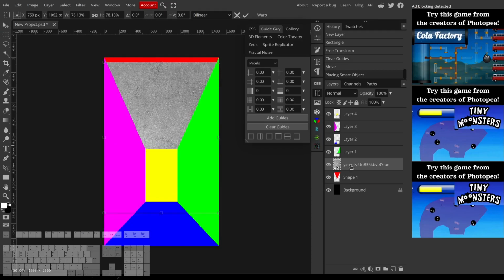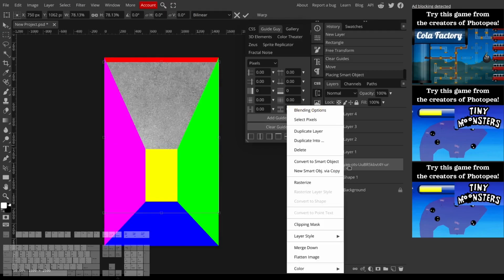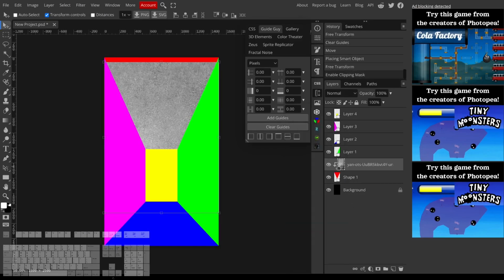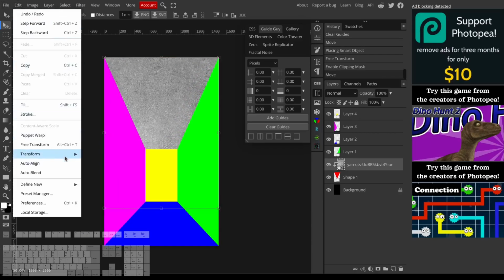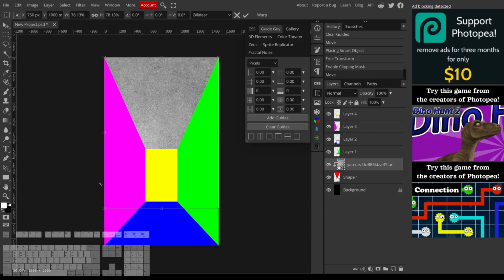Now what I'll do is right click and check clipping mask. So that way the layer will be limited to that red triangle that I've made. And then to put this into perspective is really easy. Just come to transform and distort and drag the corners to the corners of the shape that we made,